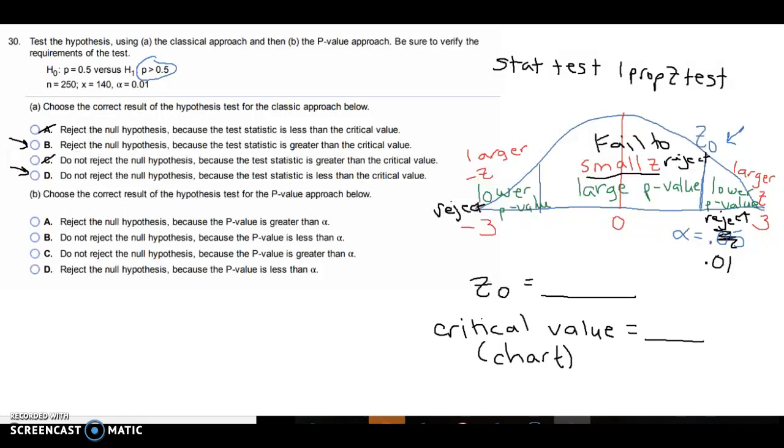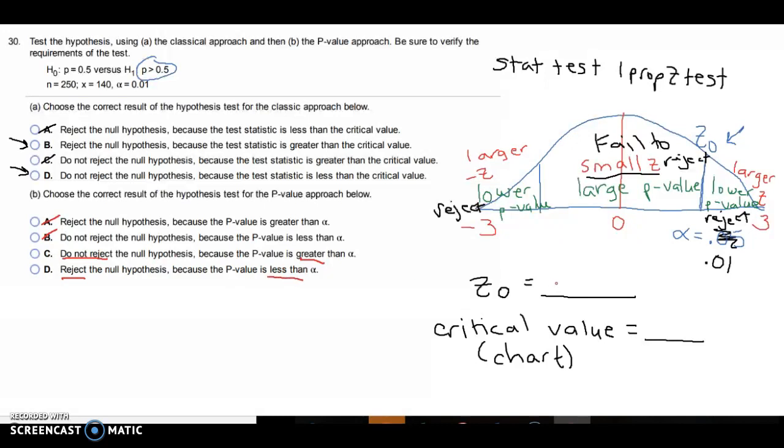Alright, so same idea with the p-value, but it's in the opposite relationship. So for the p-value, smaller p-value is reject, larger p-value is fail to reject. So for the correct answer for part B, reject the null if the p-value is greater, that's not a valid conclusion. Do not reject because it's smaller, that's not a valid conclusion. So you either do not reject if it's greater, meaning it's in the middle, or you reject if it's less